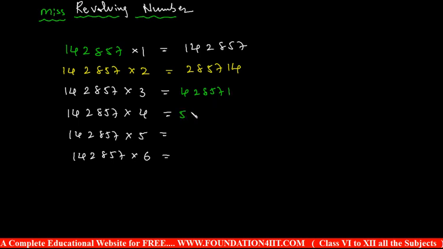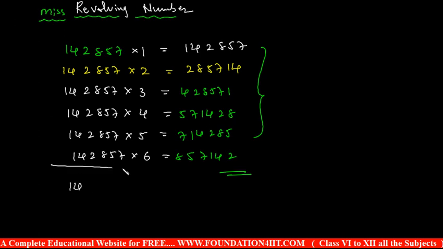Next it starts with 5: 5 7 1 4 2 8. Same cycling: 5, next to 5 is 7, next to that 1 4 2 8. This is 7: 1 4 2 8 5. This is 8 5 7 1 4 2. Okay, this is the revolving number, we can say. This is a technique based on the seventh concept only. And if you multiply with 7, you will not get this. Up to 6 only this works.